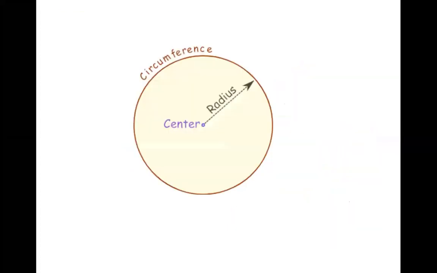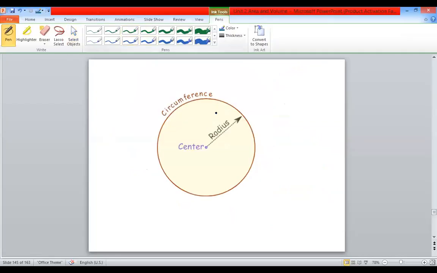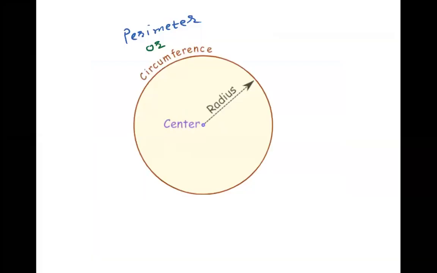Now the next thing is the circumference of the circle. You can say in other words, the both words are equal, circumference or perimeter. So remember, students, please: the circumference of a circle and the perimeter of a circle are both synonyms. Sometimes they ask you to find the circumference of the circle or the perimeter of the circle. So don't misunderstand, because perimeter is just the sum of all sides.